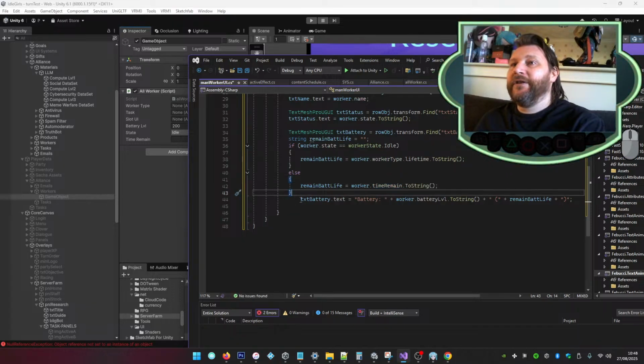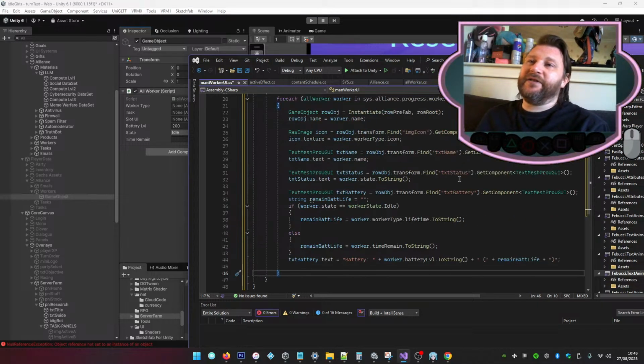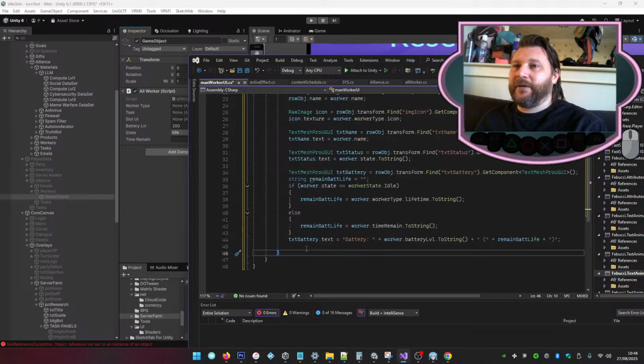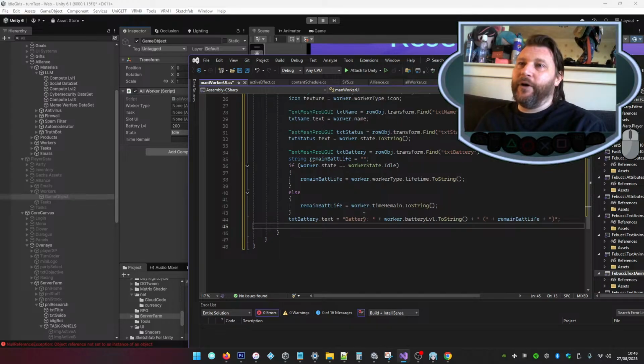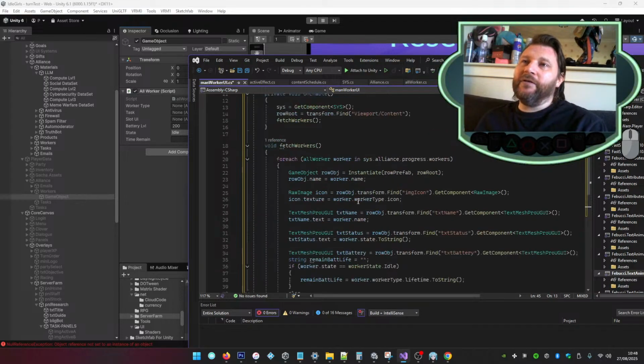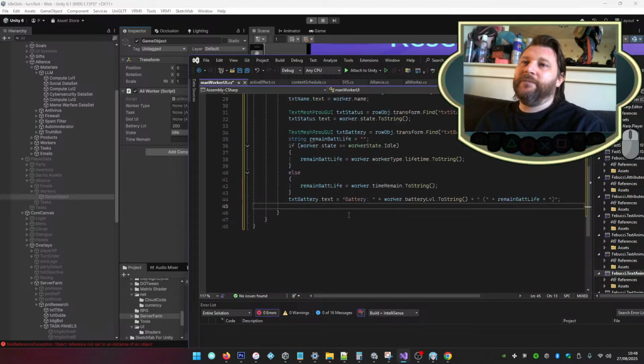There we go. So now our text battery will be correct regardless of what the robot's doing. Okay, perfect. What we also need to do is we need a lambda expression because we need to grab the button. So we want a button